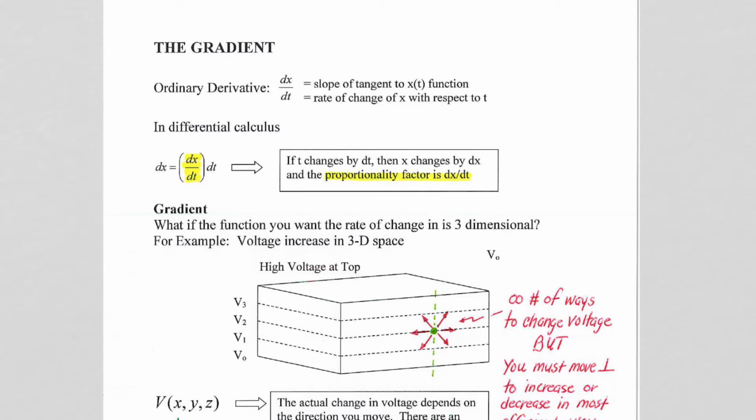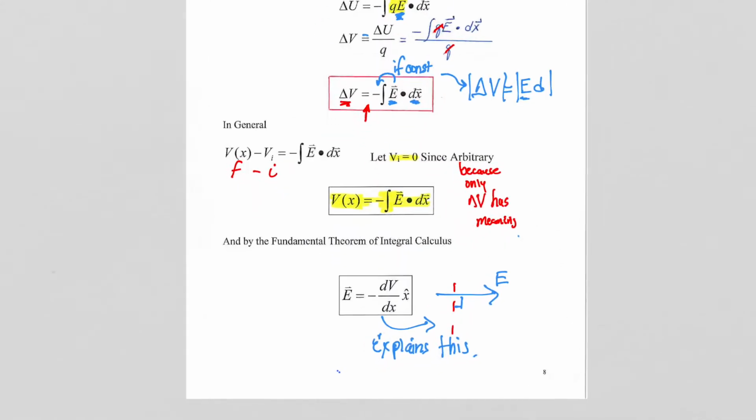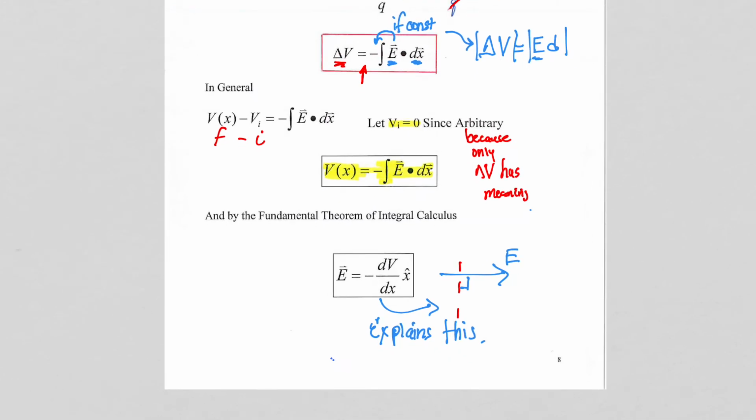On this page of notes, we're going to start an explanation of a mathematical operator called the gradient. The gradient and its mathematical definition and manipulation is not needed for our course. You will not be tested on it either in our class or for the AP test. But to really understand our previous equation, the fact that the electric field is negative the derivative of the voltage